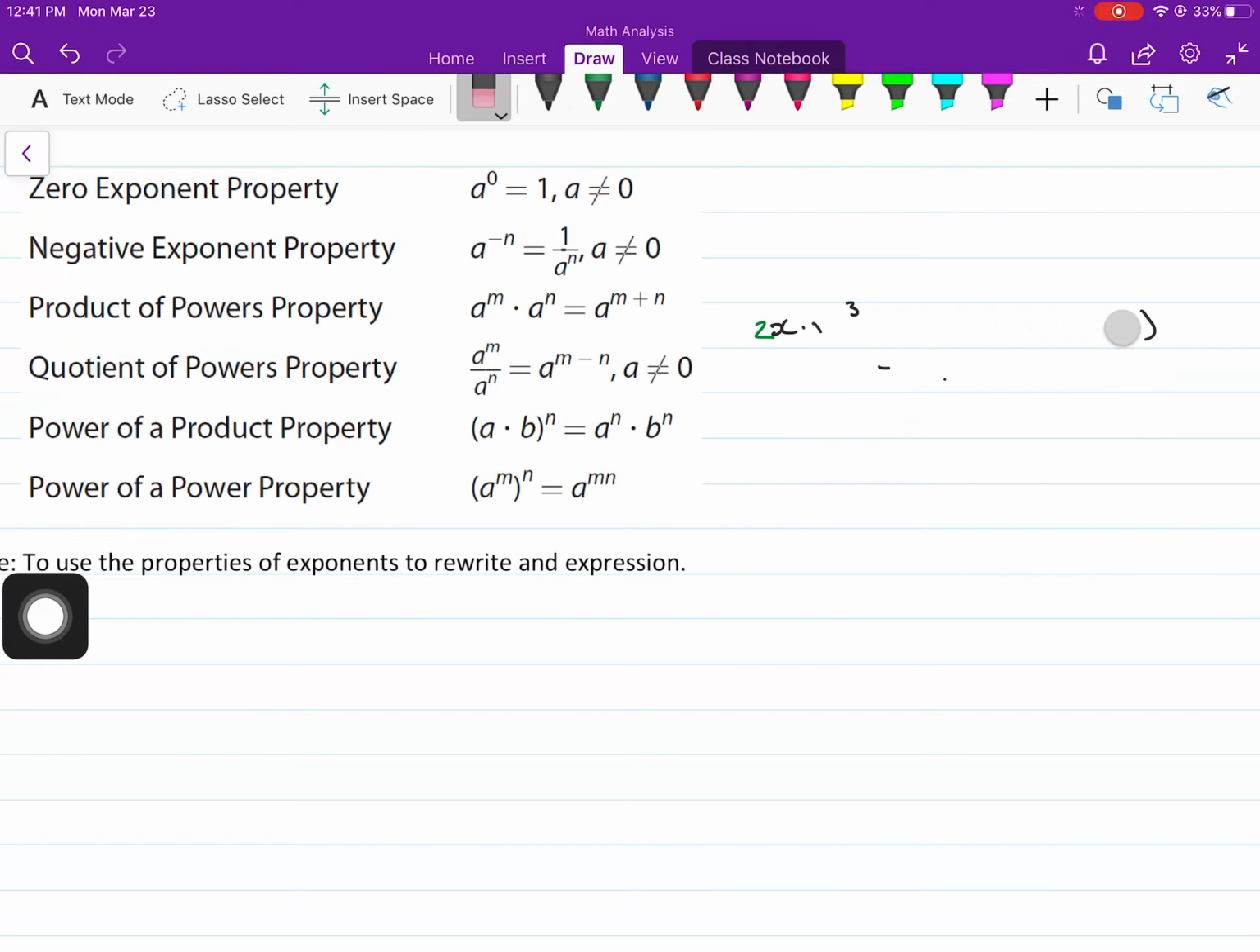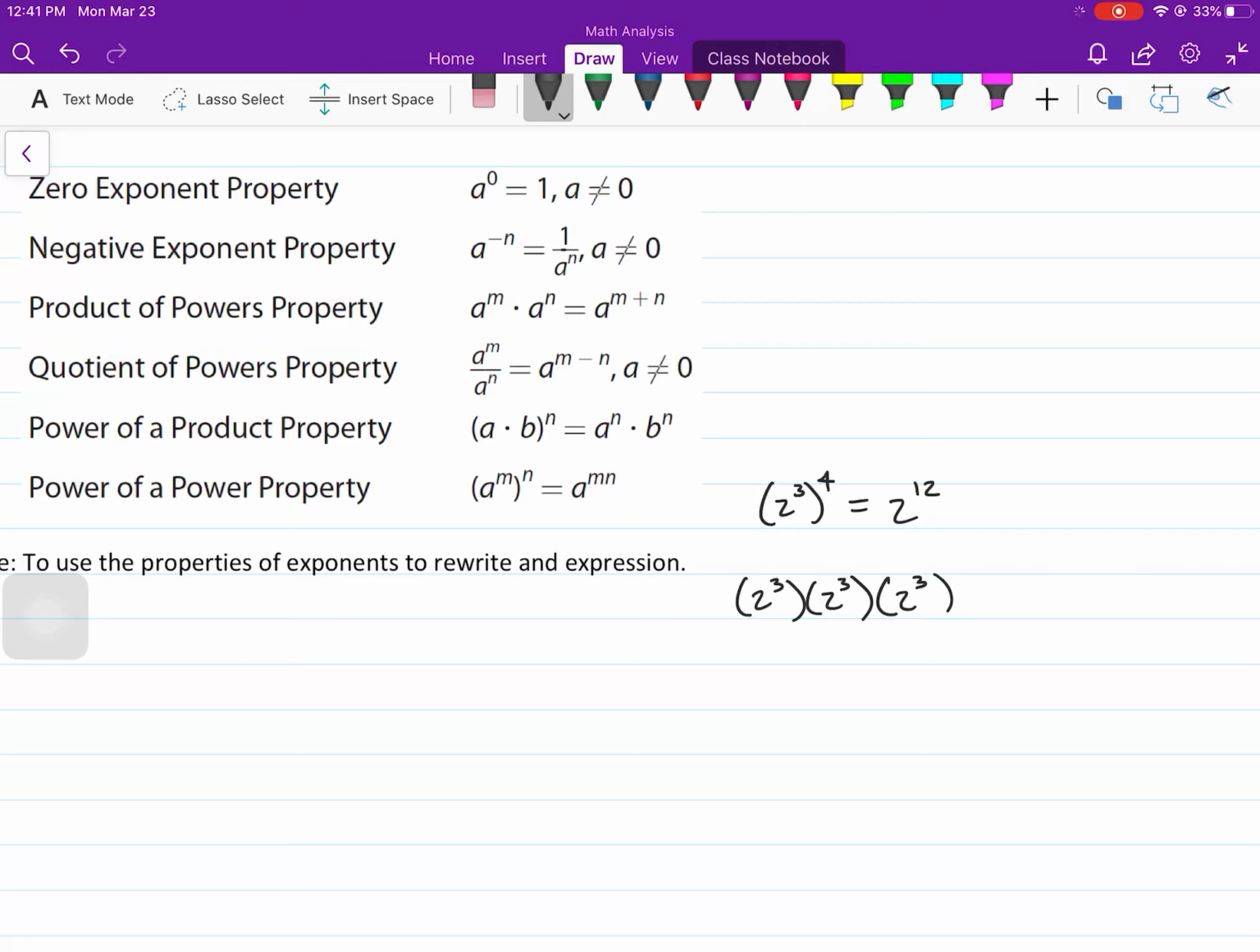Our last property is a to the m to the n. So a to the m to the n, just think about that. If we have 2 to the third, let's just say to the fourth, that would be 2 to the 12. Now, why is that? Because you would have 2 to the third times 2 to the third times 2 to the third times 2 to the third for a total of, well, if you go back to this property, we add them all up. 3 plus 3 plus 3 plus 3